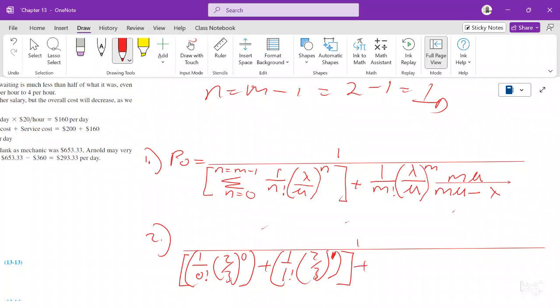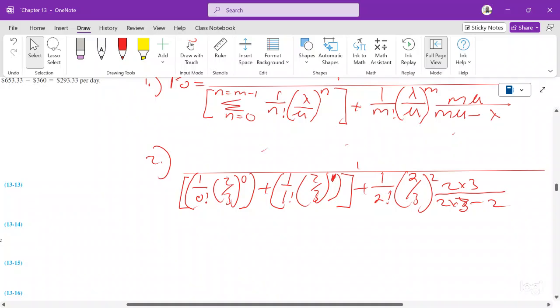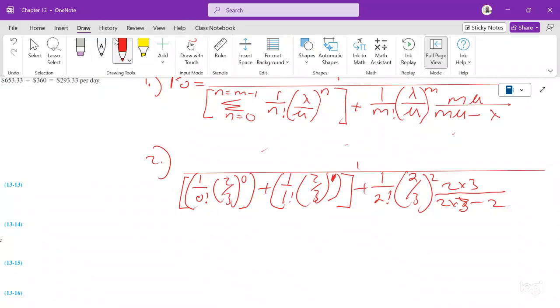All right, plus 1 over 2 factorial, 2 over 3 to the power 2, and then m is 2, and then 2 times 3 over 2 times 3 minus 2. So that's how we are getting it. So we'll start by solving the values underneath, because a calculator sometimes doesn't have enough memory to write all these things down. So you start solving everything under there, ne? Under there. So we're going to have this as